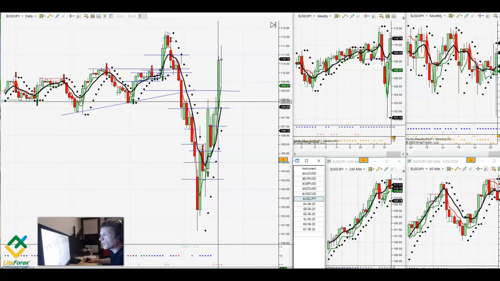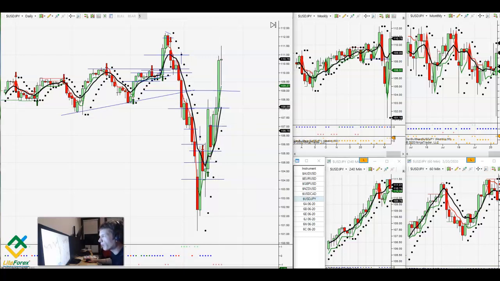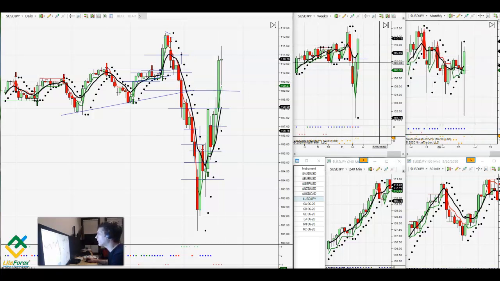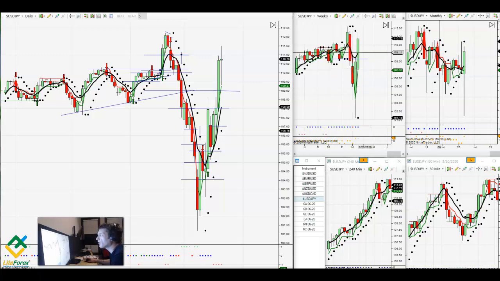USD yen has been very, very bullish. And I put in the support at 108. And you can see the next day it held that support, pulled back slightly, big rangy candle. So if I did a video yesterday, I would have said we were going to pull back and the support would be at 109. And you can see it came down, hitting a low of 109.33 and then pulled back up. You look at the high time frames, the monthly and the weekly, and it does show that there's more upside,